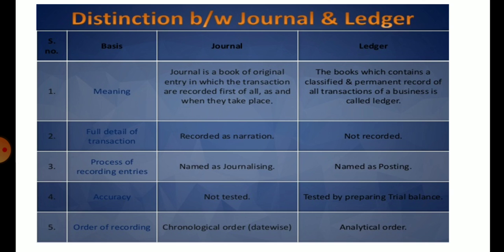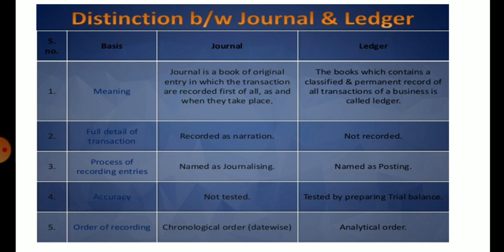The process of recording entry is named journalizing, and this is called posting. Accuracy: journal generally doesn't test accuracy, but in ledger we have to maintain accuracy. Okay, tested and prepared trial balance. Okay,